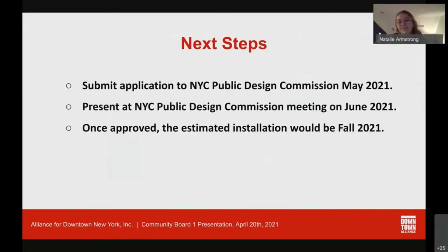Thanks, Natalie. So in terms of next steps, between the heritage trail markers, the plaques, and the orientation columns, that is the gist, the bulk of what we are submitting to PDC. We plan to submit our application to PDC next month, wherein we would present the proposal to the PDC Commission in June, and hopefully be able to get approval for